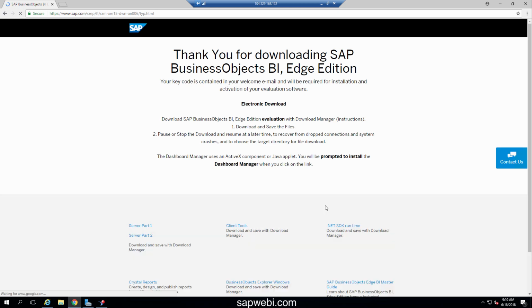So SAP will resend you the same license key in your email, but we don't need to do anything with that because it's obviously identical to the one we already used. So if we go back into the Central Management Console,